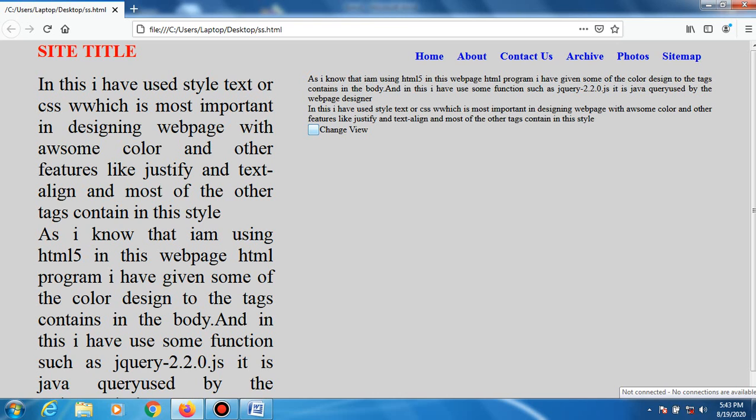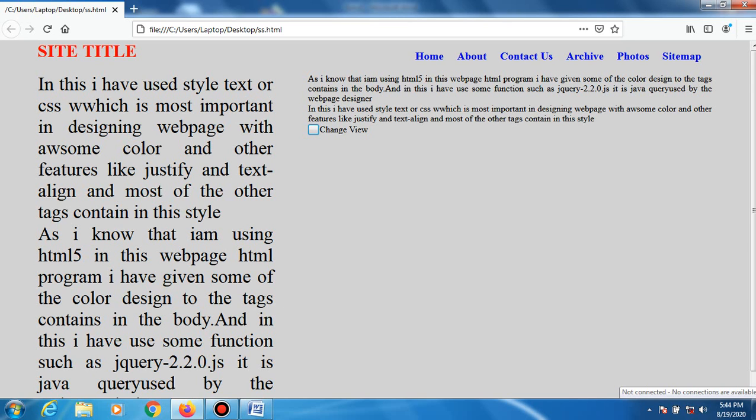And one more thing I would like to say, a button is available. When you click this button, the view can be changed, and you can see the background color of the web page. So these are not represented automatically, without instructing the programmer, without creating a program. These are not represented automatically. It is not magic.